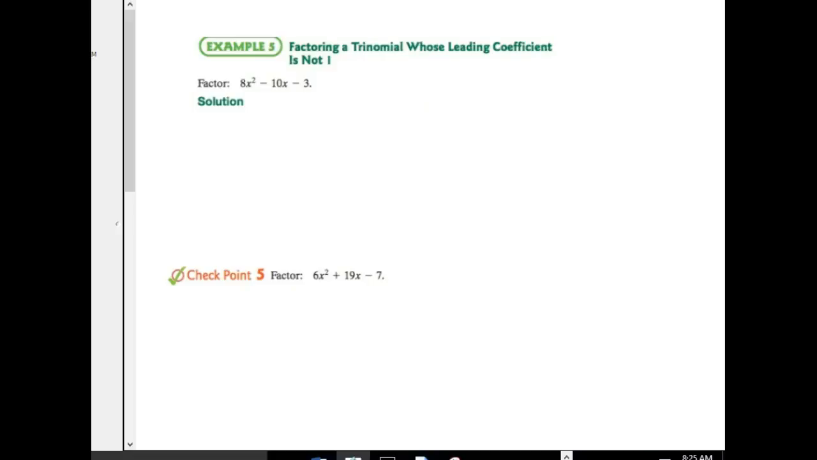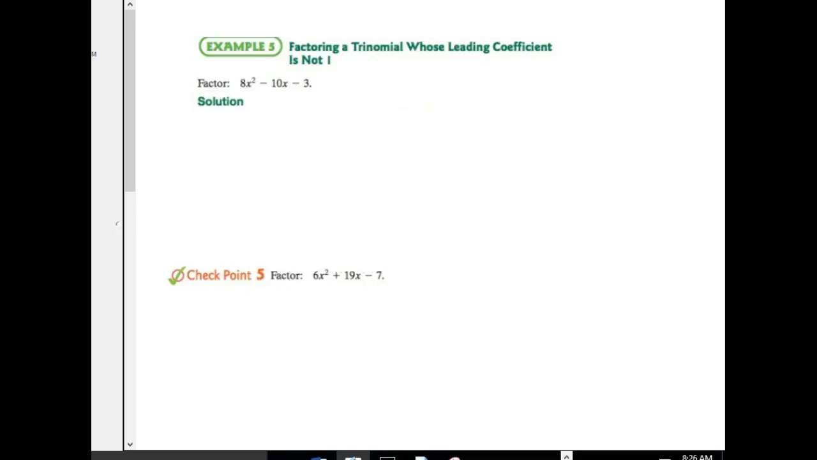Hello, we're looking at page 59 of your Pre-Calculus Part 1 textbook. This is example 5 about how to factor trinomials when the leading coefficient is not 1. Now, I know that there's lots of ways out there, and the book has a particular way of showing this